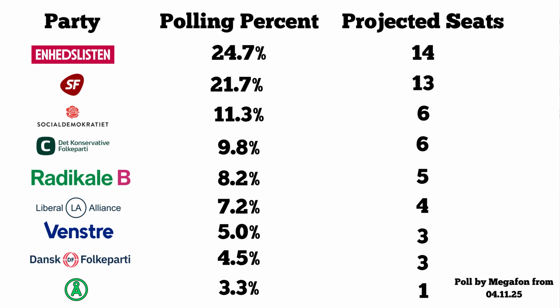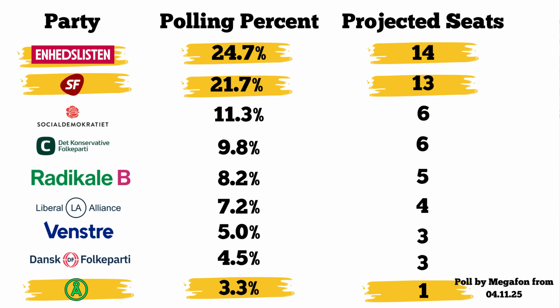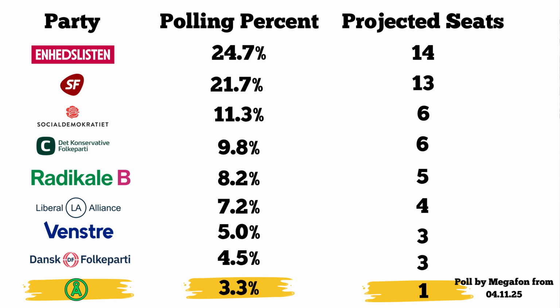A couple of polls have been released for the Copenhagen area this cycle, and they all paint a pretty similar picture. Here's the most recent one. The Red-Green Alliance in first place, the Green Left in second, the Social Democrats in third, and the Conservatives in fourth. Now, the interesting thing here is that, according to this poll, there's actually the possibility of forming a majority wholly to the left of the Social Democrats if you factor in the single projected mandate for the Green Alternative Party. And that means the Social Democrats would have to wave goodbye to prospects of holding onto the title.